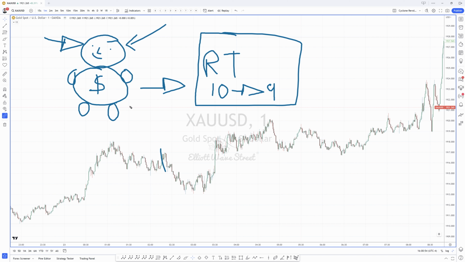So one of the things that we can see in general terms of the retail traders is that they are always selling when the market is low, when the market is cheap, and they are buying when the market is expensive. And in this video I'm going to show you why and how the classical indicators or technical analysis tools are always making you sell cheap or buy expensive.